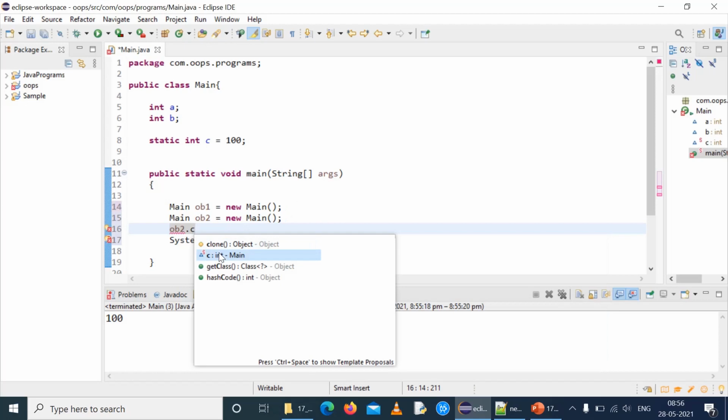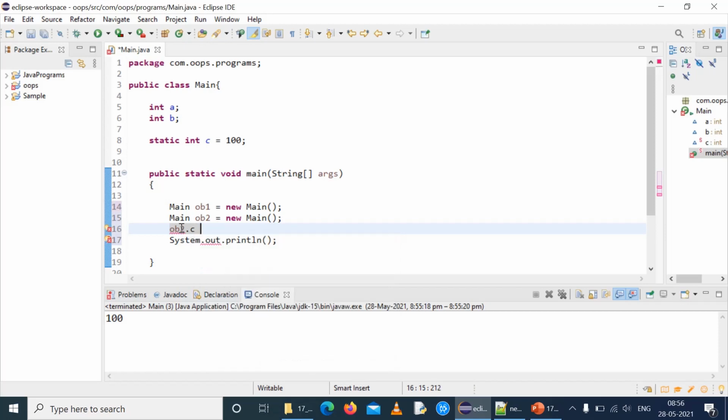Even though it is a static variable, it can also be accessed with the help of an object, but it can also be accessed without an object. c equal to 666. So I have changed the value of c to 666, that belongs to object 2 as of now.